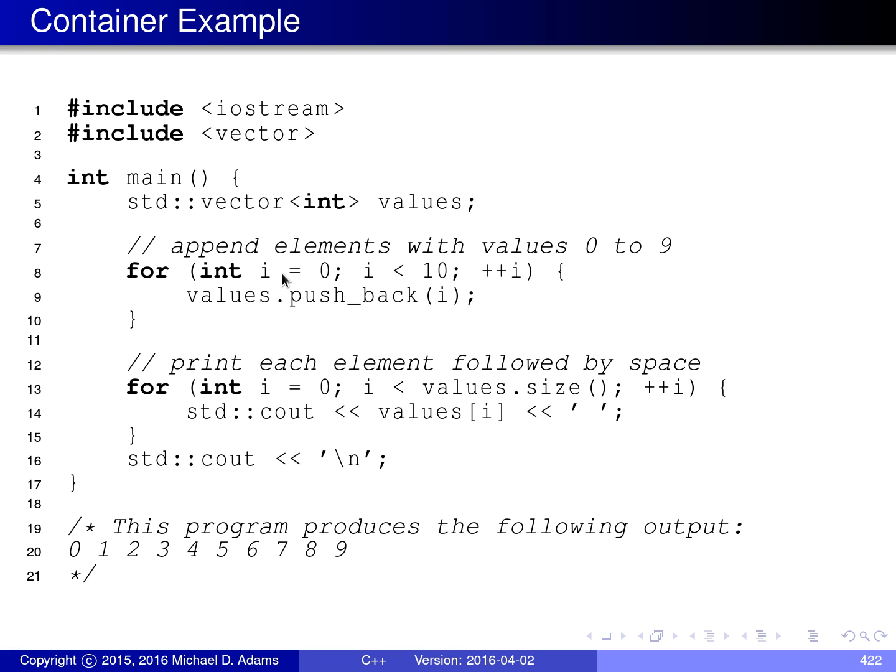Then in the loop below, we're going to loop for i going from 0 up to and including 9, and for the looping variable i, we're going to call push_back. So we're going to push back the values 0, 1, 2, 3, 4, 5, 6, 7, 8, 9 into the vector values. So this is going to append to the end of the vector each of these values in succession, which will result in the vector values having the elements 0, 1, 2, 3, 4, 5, 6, 7, 8, 9